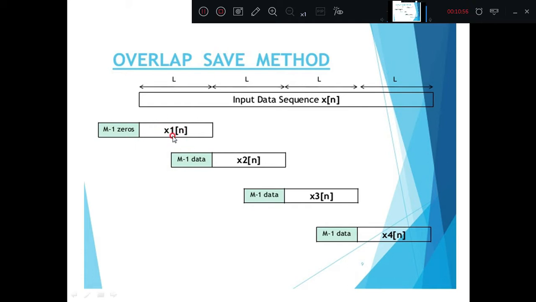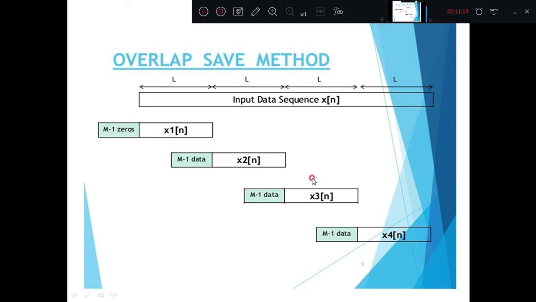L to make n, because n is equal to L plus m minus 1. So this is L and this is m minus 1. If you add L plus m minus 1, you will get n, and this n is nothing but the size of the DFT. Similarly, one more important thing is, you have to add m minus 1 zeros at the beginning